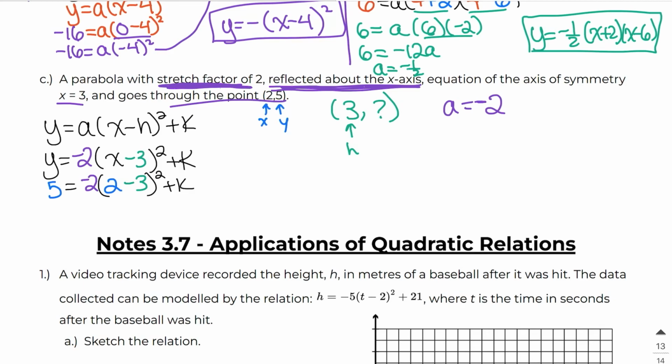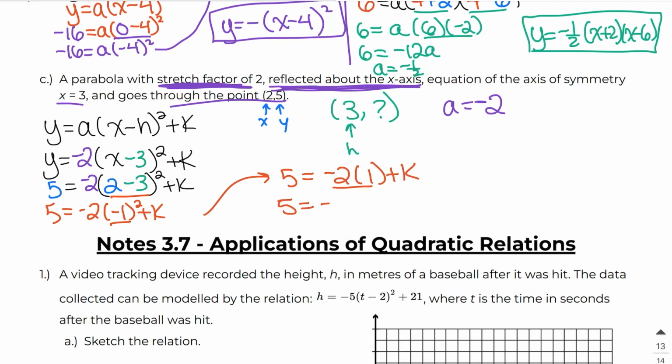So the first thing I'm going to do is my brackets here. So 2 minus 3 is negative 1. I need to square that, and then I'm just going to copy everything else down exactly how I see it. I'll just come up here because I'm running out of room. Negative 1 squared is positive 1. Negative 2 times 1 is negative 2. To solve for k, I just have to get rid of that negative 2 by adding it. So k is 7. So here, this is no longer an unknown. I have every single piece of information I need in order to write this out in